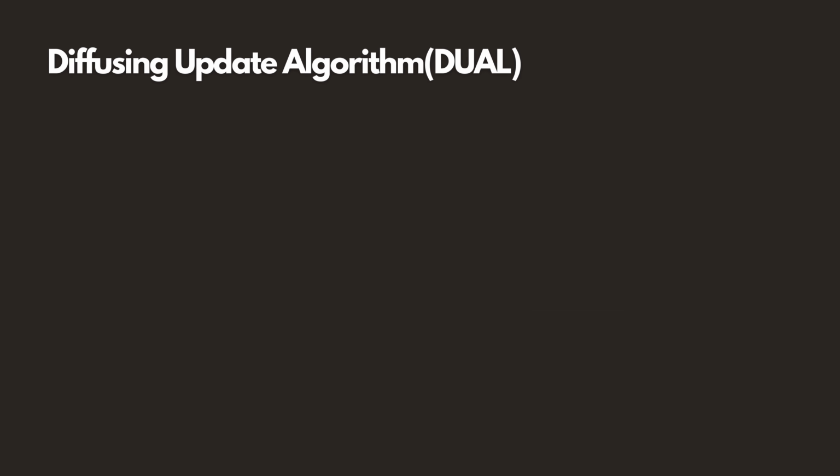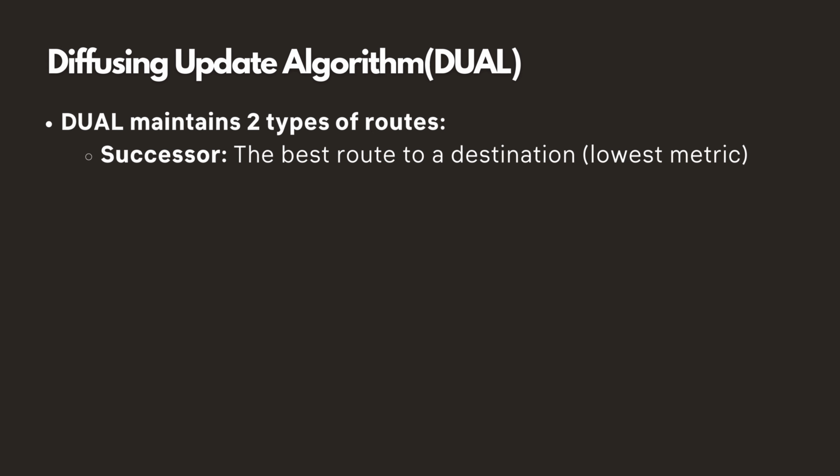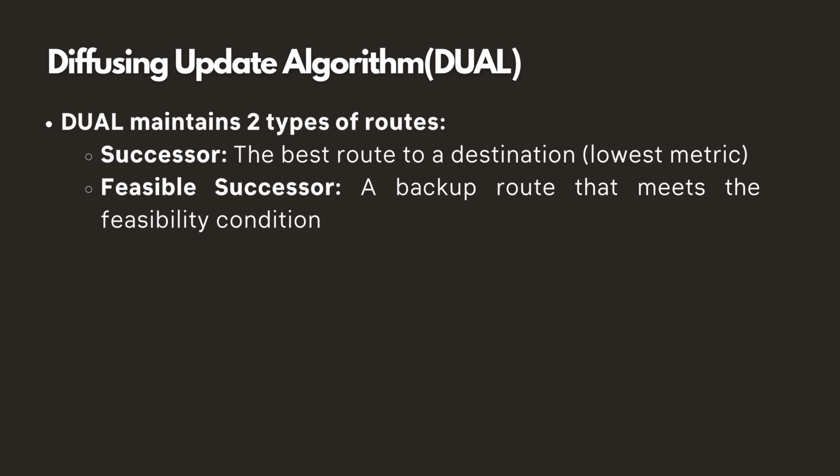The Diffusing Update Algorithm, also known as DUAL. DUAL maintains two types of routes. Successor, the best route to a destination, the one with the lowest metric. Feasible successor, a backup route that meets the feasibility condition. The feasibility condition is when the advertised distance of the feasible successor must be lower than the feasible distance of